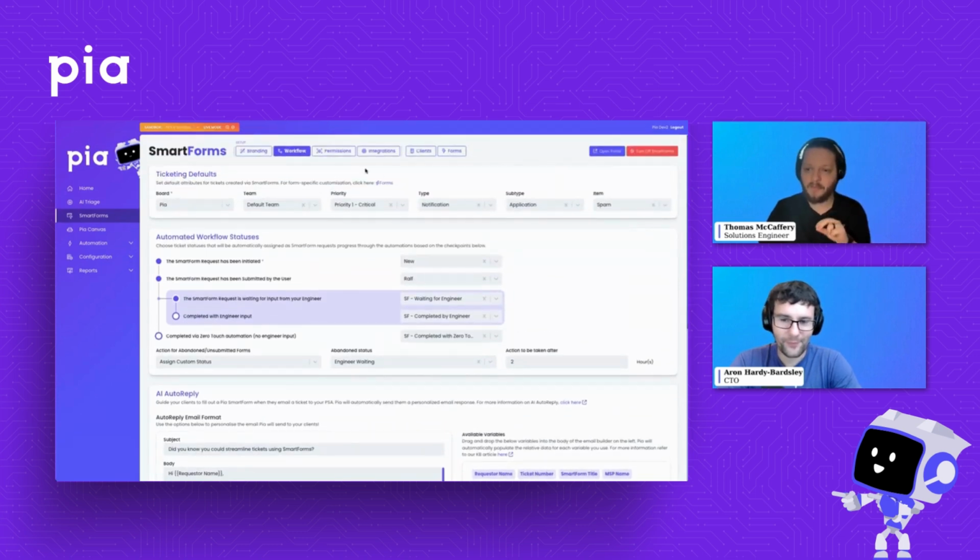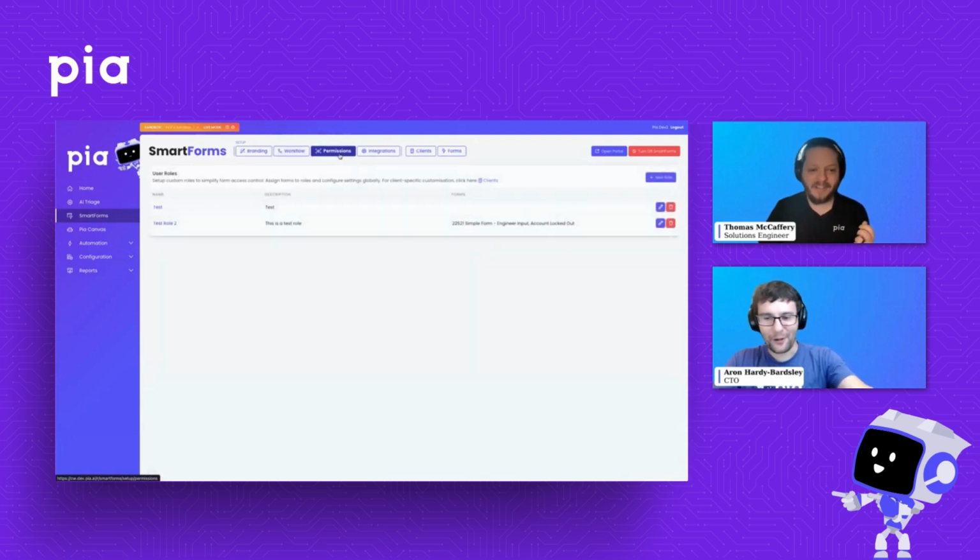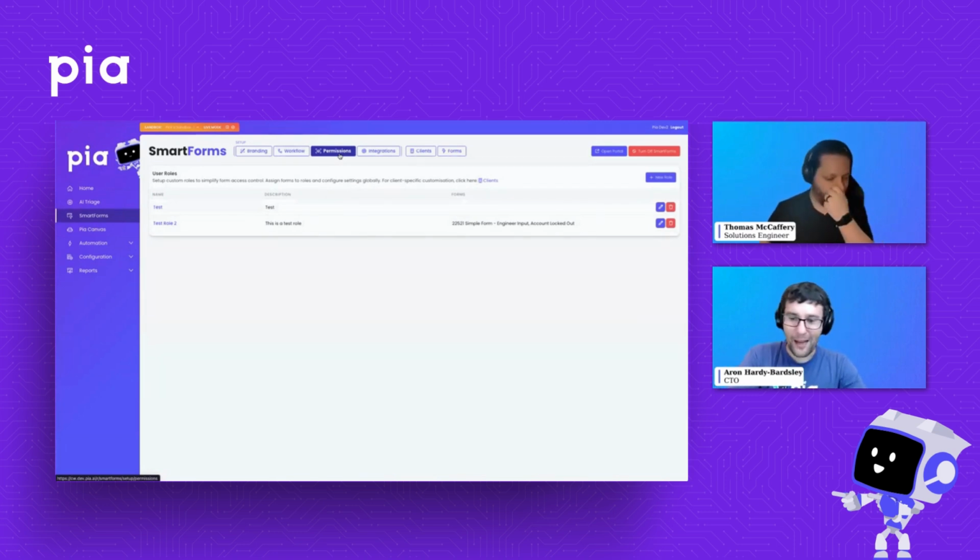Now, this, I believe, some of you will be unfamiliar with. This is actually a brand new tab, Aaron. I am not even really super familiar with this from my end. It's not even in my demo environment, guys. So, what is this permission tab? What's going on here? If you're a partner on this call, you might be looking at some of these things going, well, that's not in my Pia tenant. Yes, these are the latest updates that will actually be coming out in the next few